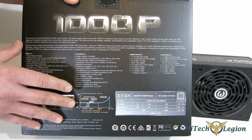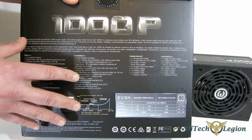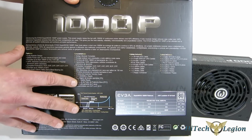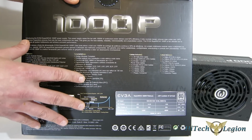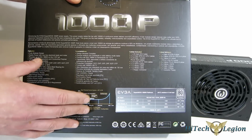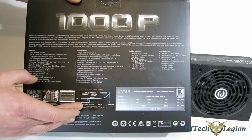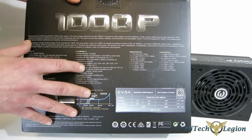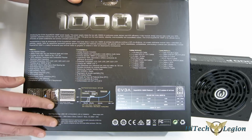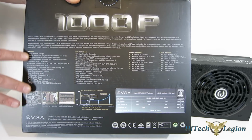But the fact of the matter is the PSU has got fantastic passive cooling capabilities, so it really doesn't need the fan all that much to stay cool. So what you wind up with is some very, very nice silent capabilities from the PSU itself. So you're never going to hear the PSU over your case fans or cooling fans for any of your GPU, CPU, etc. So, taking a look here at the features, fully modular design once again,